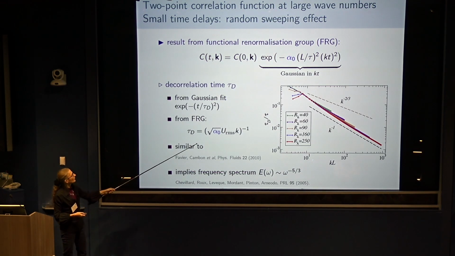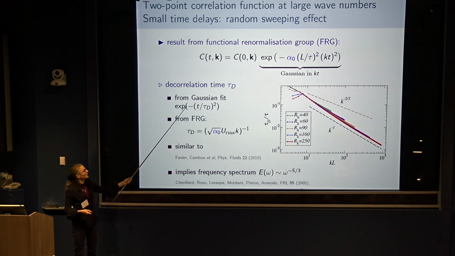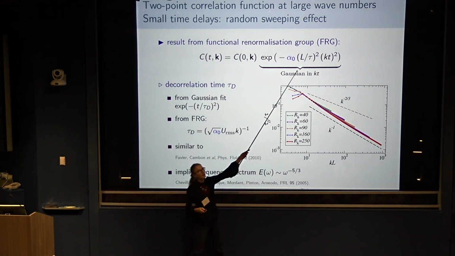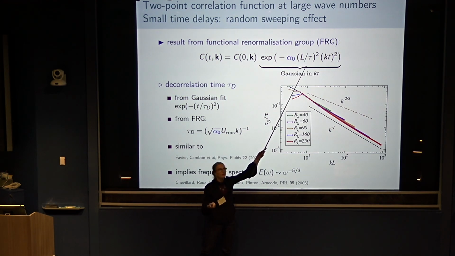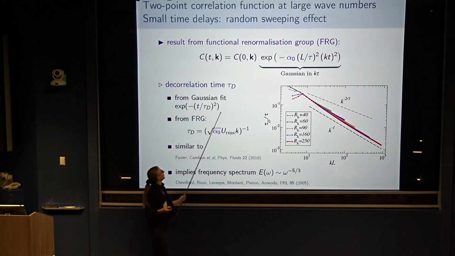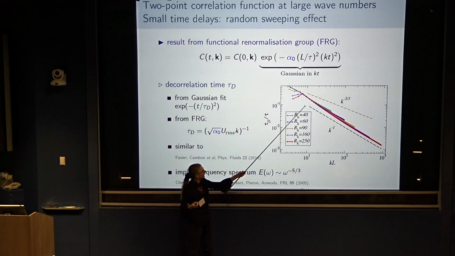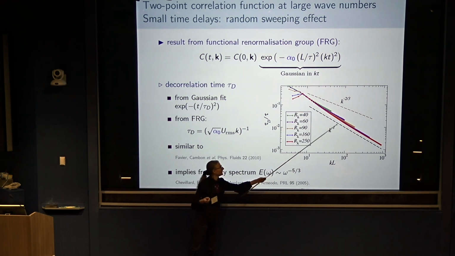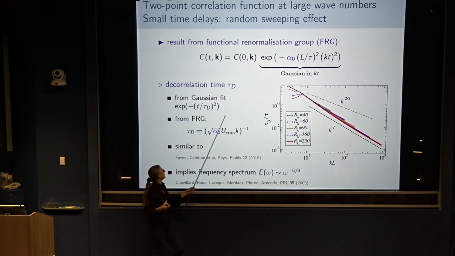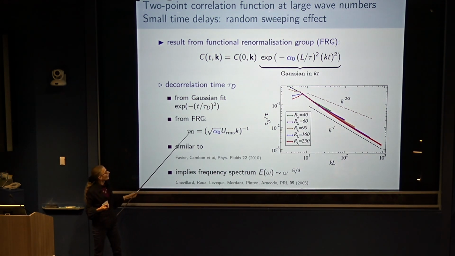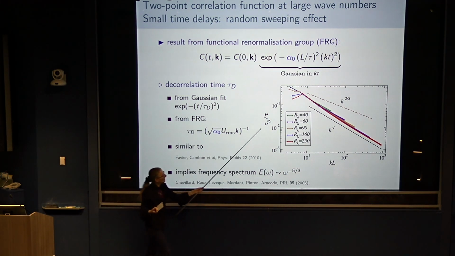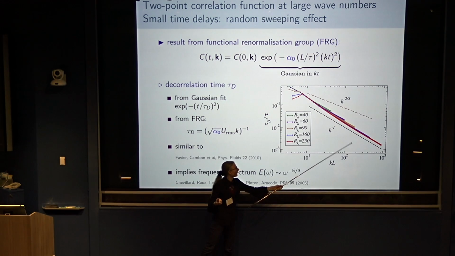Oh, okay, sorry, another comment regarding the time scale. You can extract from this formula the typical decorrelation time, right? And you can also extract it from the numerics just from your Gaussian fit. And so the numerics is shown here. And you see that indeed it exhibits this k^-1, which is precisely what you obtain from the formula above. And this is really similar to the first picture I've shown in the introduction, except that we went to higher k.